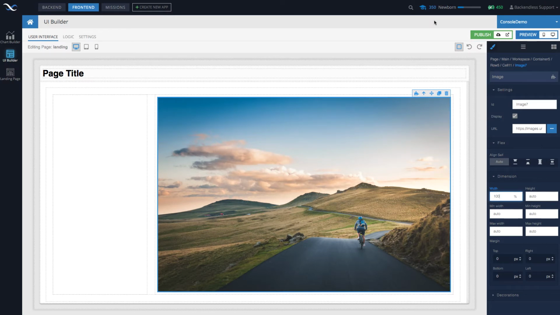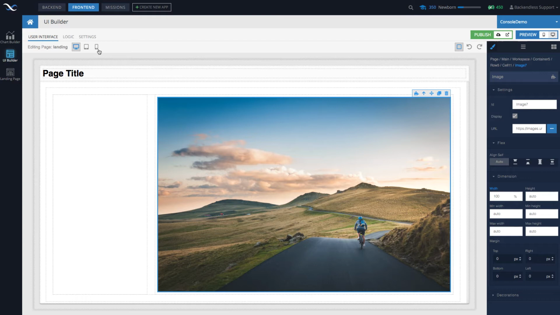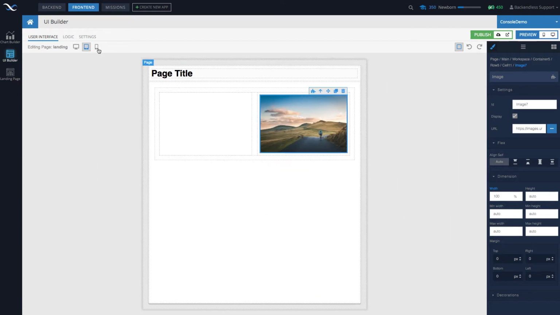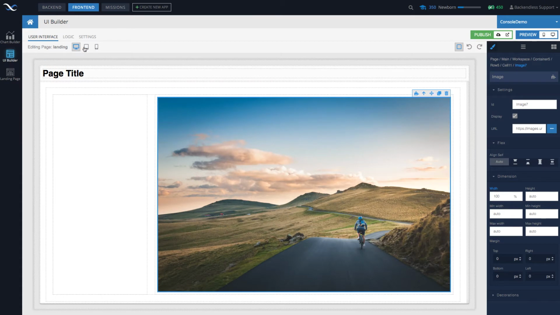Let's see how it is actually rendered right now with what we already have. So this is exactly what I had in mind. Very good. Now the same page, when it's rendered for tablet, will have this layout. And for phone, it's going to be this layout. The cool thing about the container component and how cells are allocated spots in that row, you can control and allocate different widths to cells depending whether it's rendered in a desktop, tablet, or phone.